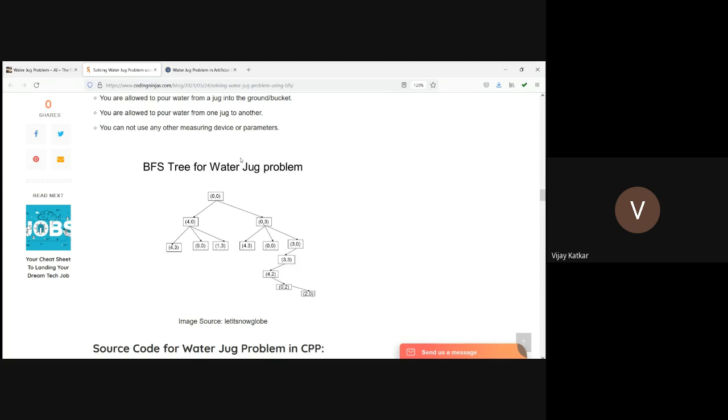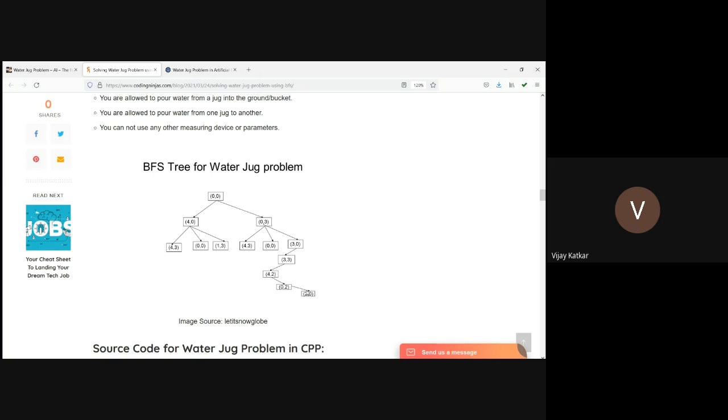So this strategy, BFS, we can implement using a stack. It means this is the first node. Children of these two nodes are added. Then take this node. Sorry, BFS is implemented using a queue. BFS can be easily implemented using a queue. Sorry for saying stack. So take the initial state, add two children, then take one child, explore it, add its children in a queue, then take another child, explore it, and so on.